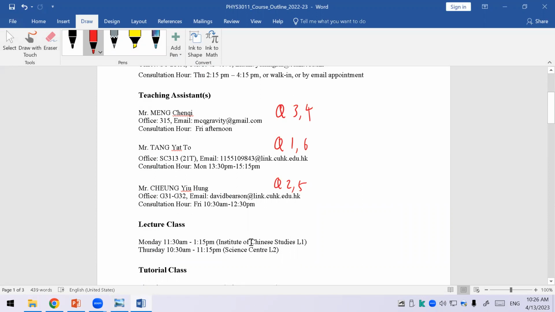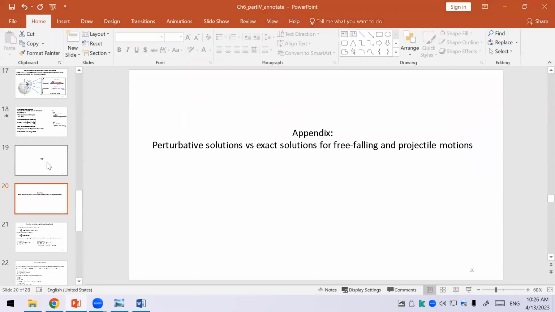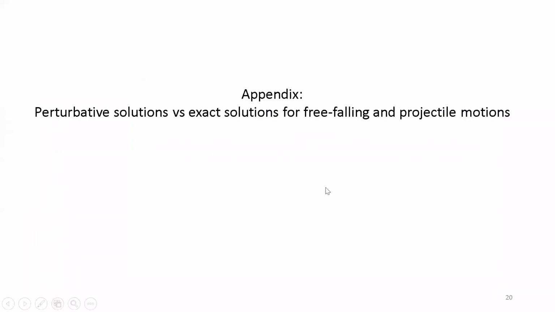Okay, so let's continue to finish our chapter. I mentioned this last time: although we were focusing on doing the perturbative solutions, exact solutions can be found. However, when I say exact solutions,